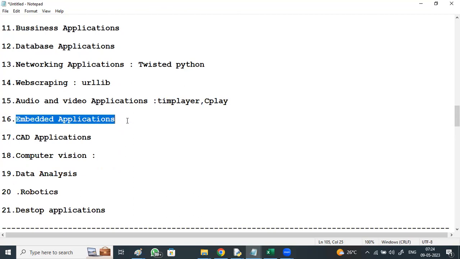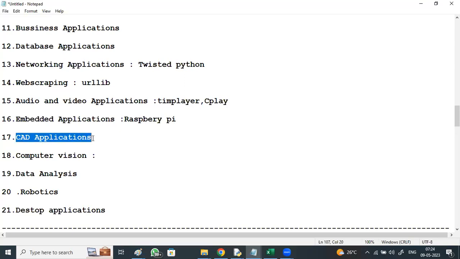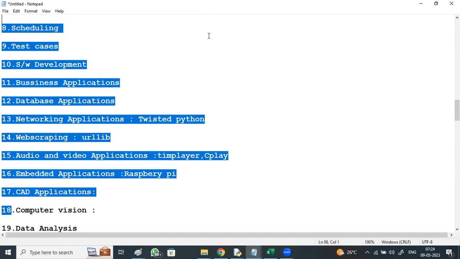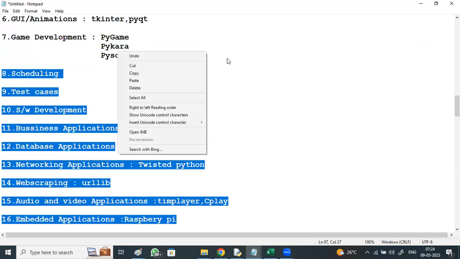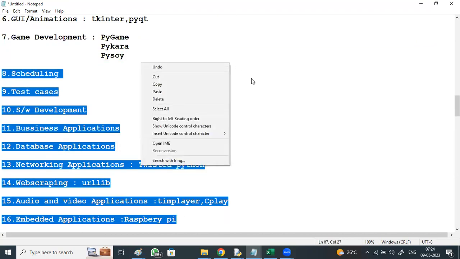And for embedded applications, the most famous embedded application, right? Raspberry Pi, which uses Python for its computation, right? And for CAD applications and 3D CAD applications, Python is preferred. And for computer vision, color detection, face detection, and object detection, right? For these things, Python is preferred.